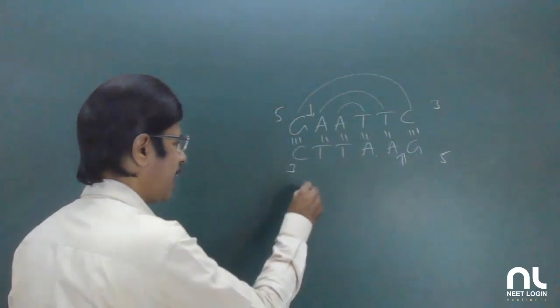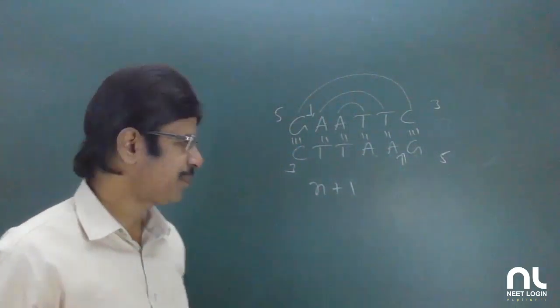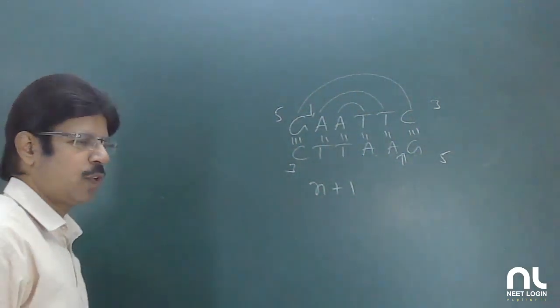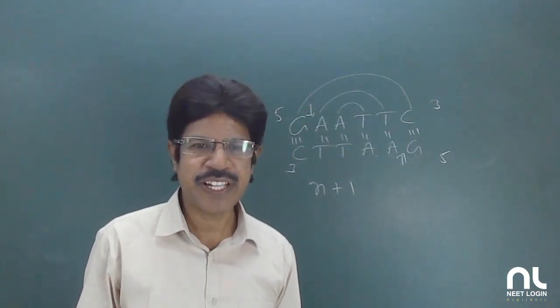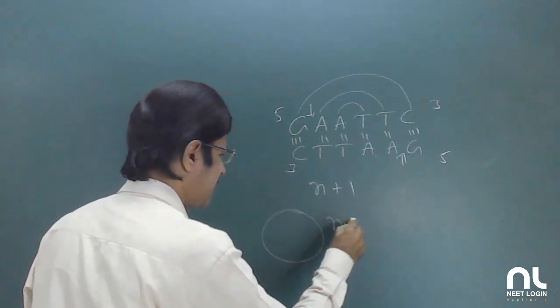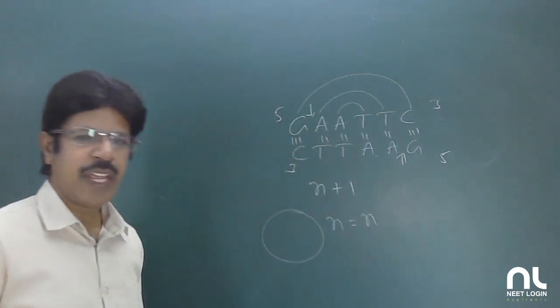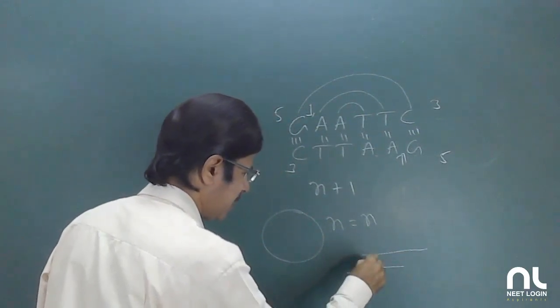So in this linear fragment, the number of fragments is n plus 1. So if 4 cleavage points are there, 5 fragments we are going to get. Okay. And if it is circular, the fragments are n is equal to n. And in this circular, all fragments are going to be